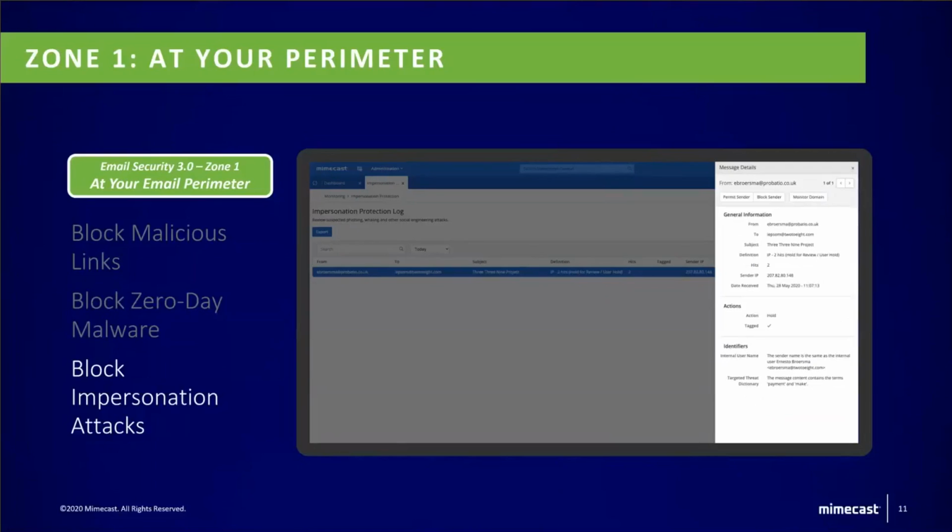A typical example that we see, for example, our domain is mimecast.com, M-I-M-E. What if someone sends an email and calls it Mimecast or M1ME? So the domain looks slightly similar, right? That's one example. Another example is something called a homoglyph generator.